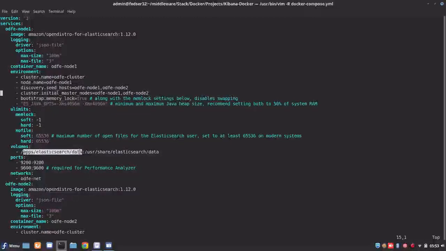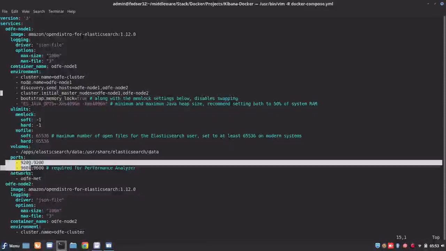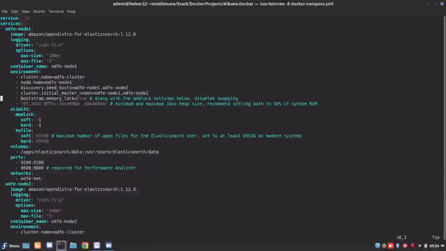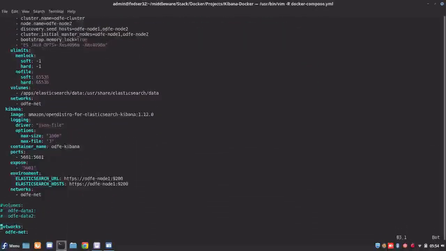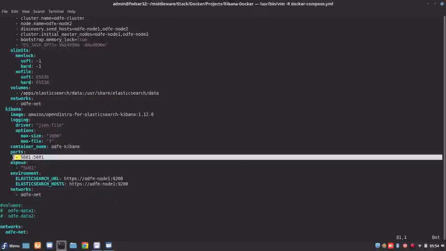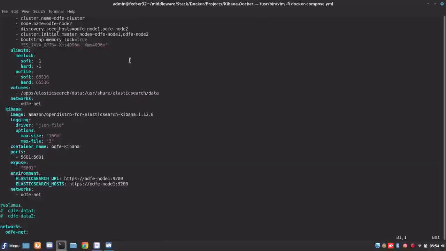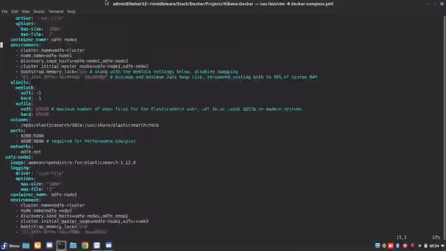You need to create this and make sure you have given it read-write access. And these are the default ports on which the Docker services will be listening. So Elasticsearch will be listening on port 9200, and the Kibana service will be listening on port 5601. Okay, so these are some main things about the Docker Compose file which you should be aware of.